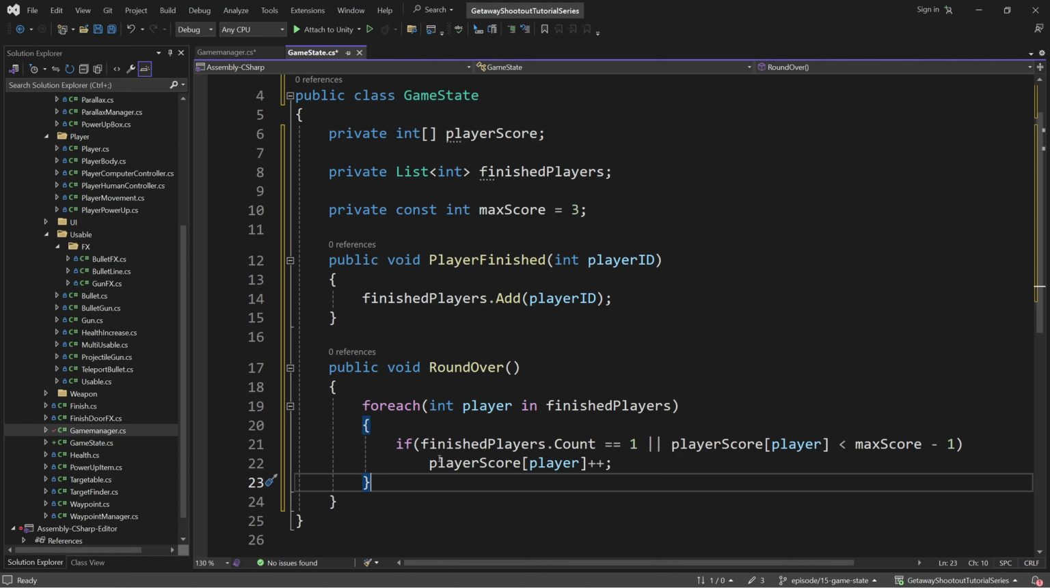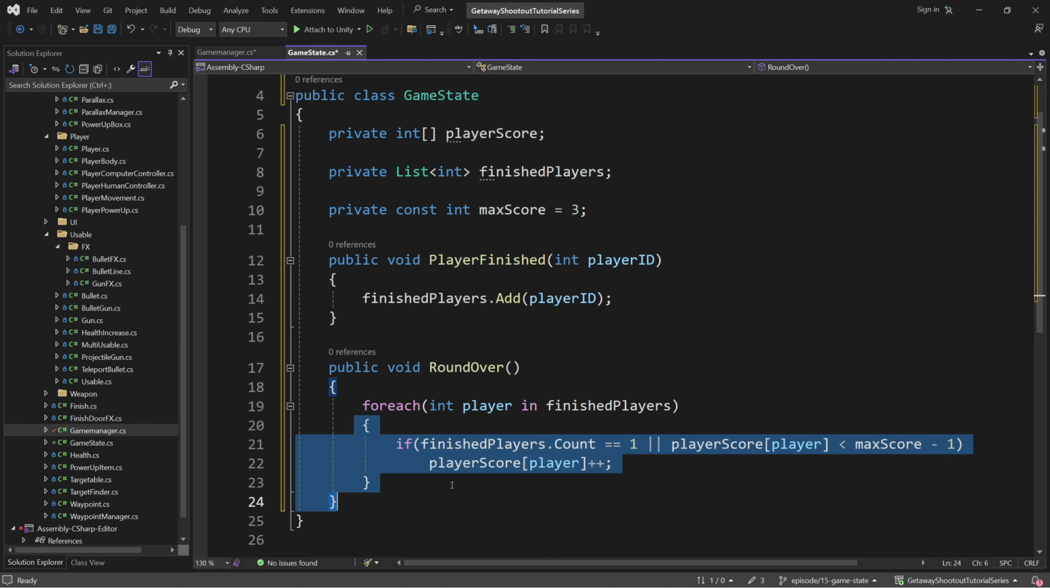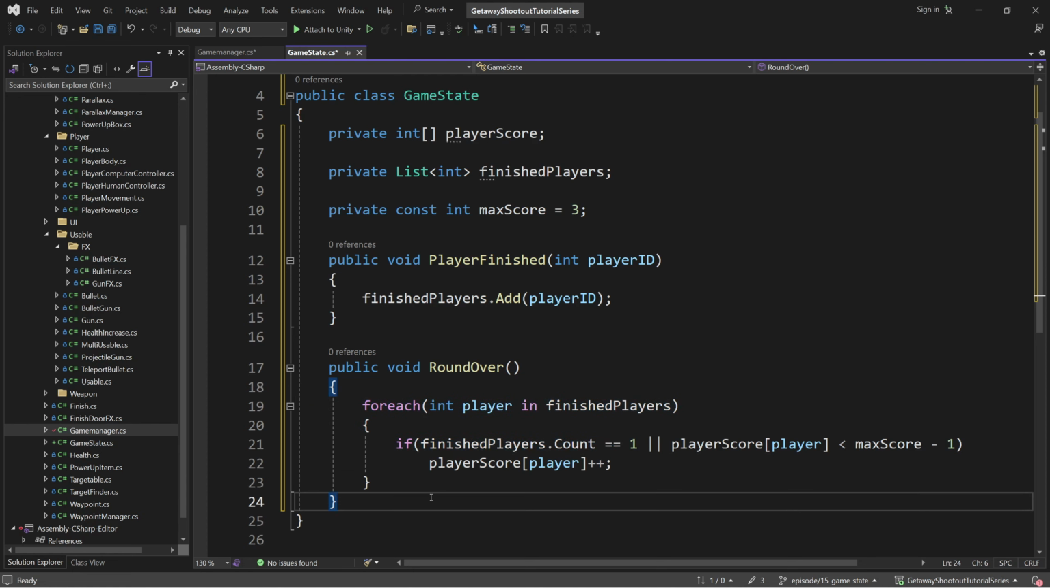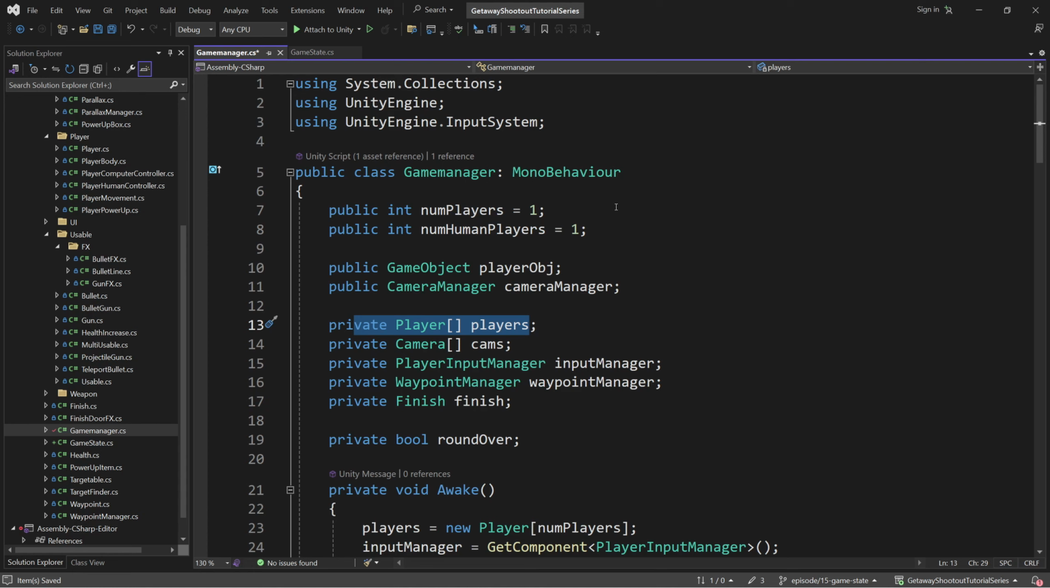And yeah, that should work, catching that case of if we have multiple finished players and our player score is 1 away, then we shouldn't increment our player score. Okay, so I'm going to save that class, and I'm going to jump over to the game manager